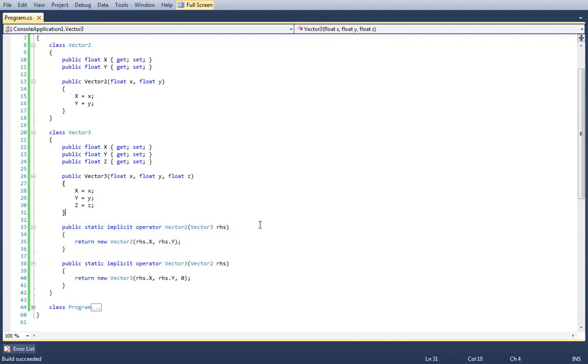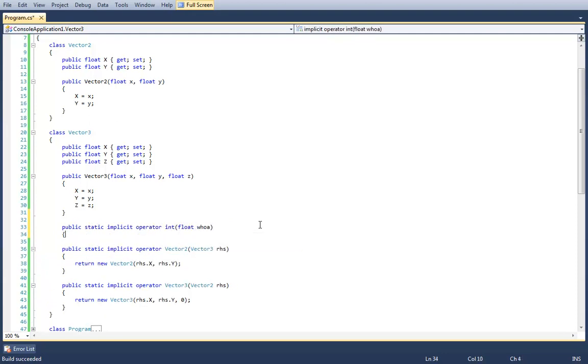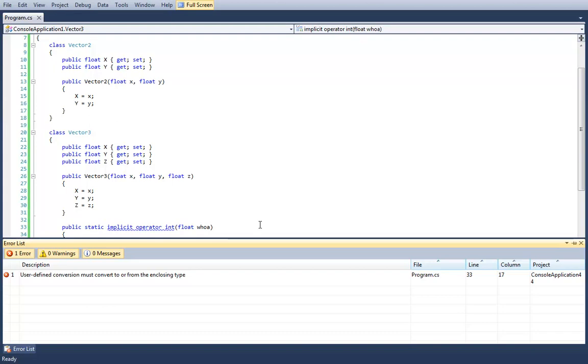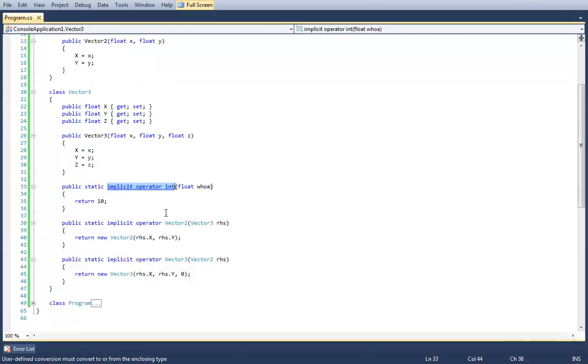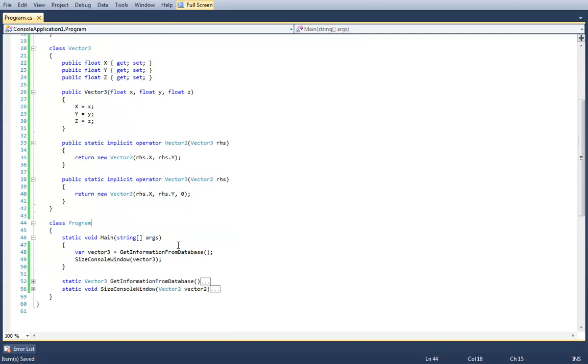But obviously I couldn't create something like public static implicit operator int float. That doesn't make sense. So one of them has to have the conversion operator on it, but it doesn't matter which one or in which direction, as long as it's of the enclosing type. This works because the parameter is the enclosing type. This works because the return type is the enclosing type. And so now we can go back and forth between vectors as much as we want.